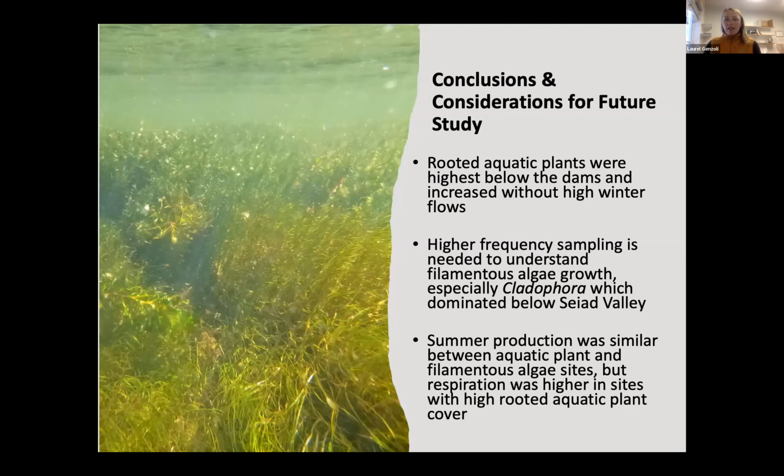And so I think that if we can kind of expand our ideas of how these different communities will affect production and respiration in the river, we'll be able to better predict and study the changes not only to the community composition, but also to the overall rates and ecosystem processes, which are really what's affecting things like dissolved oxygen and pH and nutrient spiraling in the river.